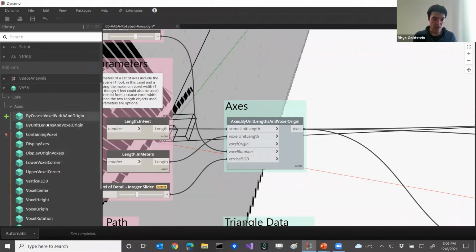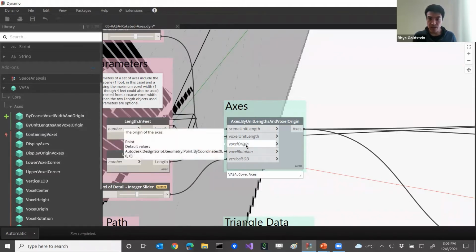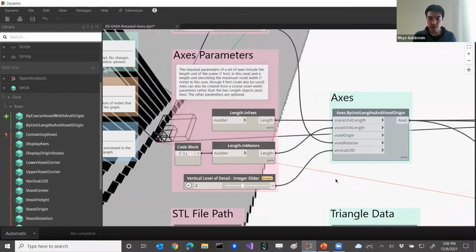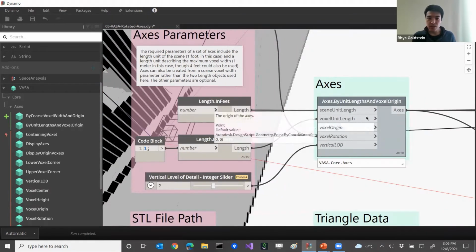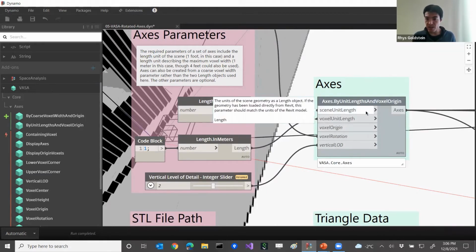And you'll see there's two ways to create an axes. Here we're using axes by unit lengths and voxel origin. And let's go through these parameters. So the first two take length objects. The first one, scene unit length, is the